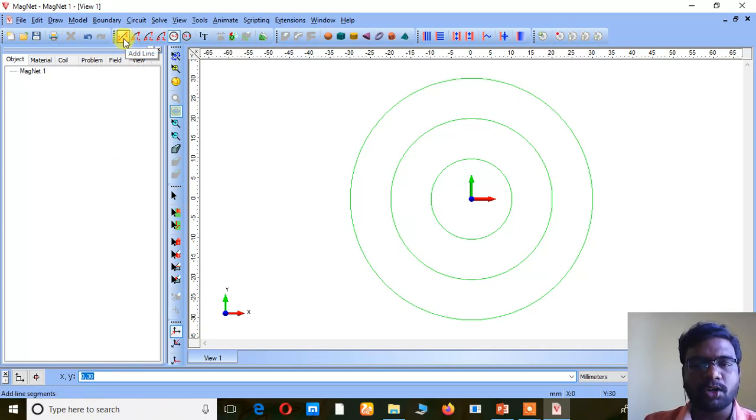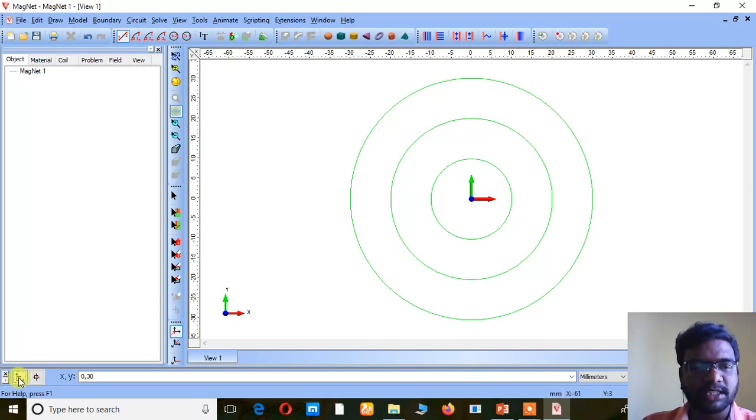So now I want to draw an angle. Angle means definitely I want to draw a line with some angle. So I am just changing this. See, at the bottom of this page I am having x and y, that means x direction and y direction. Now I want to draw a line. Line means I want to have a straight line with the radius value, with some angle also I needed.